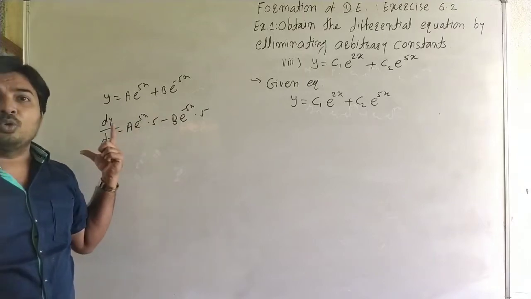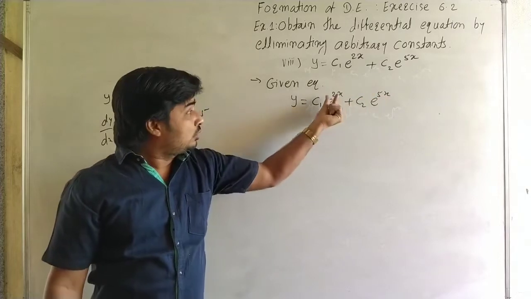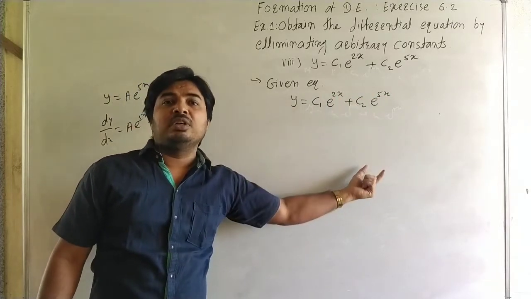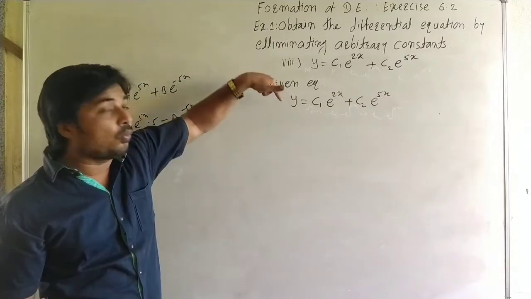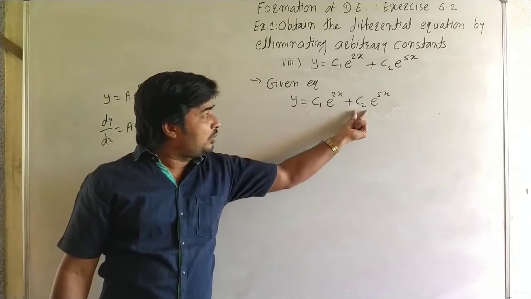Then we take 25 common, but here one is 2 and one is 5. So when we differentiate two times, one is 4 and another is 25. So we cannot take common and we cannot write in the form of y. So to remove the arbitrary constant,